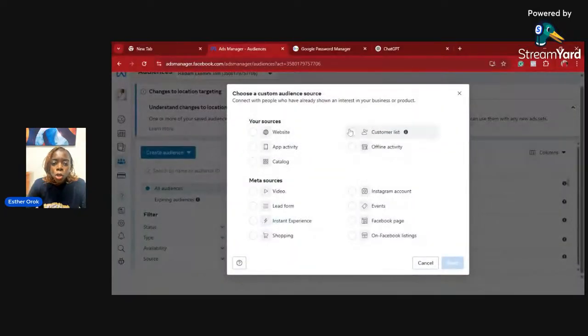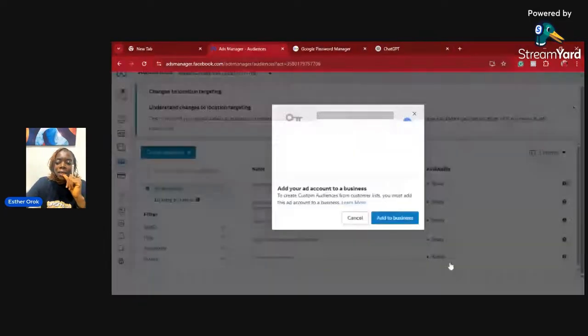If you have a customer list, if in the last 3 months 200 people have reached out to you and said, I'm interested in buying your property, but they have not bought yet, click on this option and upload their numbers so that Meta can retarget them for you. Customer list. Now, when you click on this and you click on next, right,